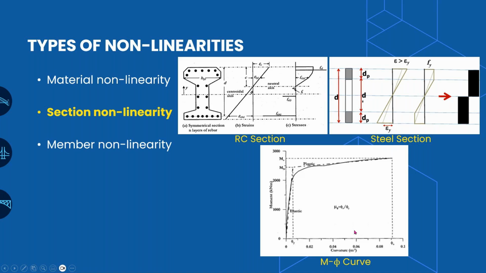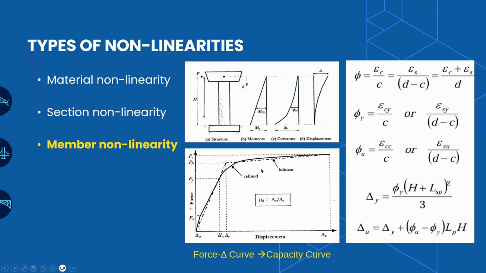So in this way, a moment curvature curve for one particular section is developed. Once we develop a particular moment curvature curve for a section, now the discussion can be initiated with respect to the member level nonlinearity. For the member level nonlinearity, I'm considering a very simple structure, which is a single pier. At the top of the pier, we are applying a force F at height h, and on that basis,